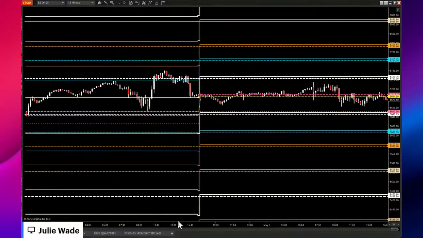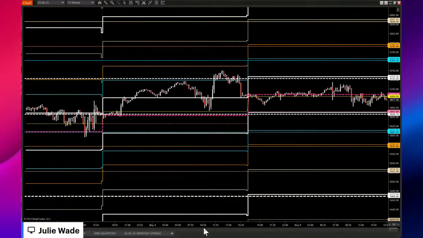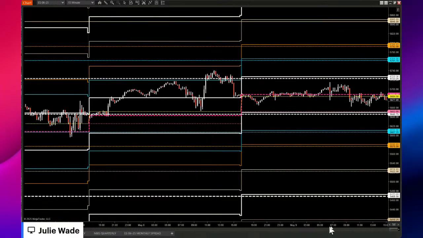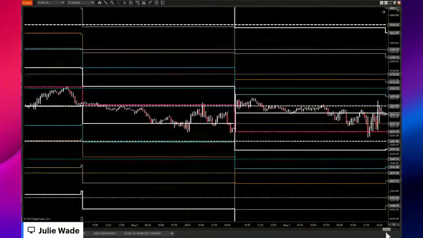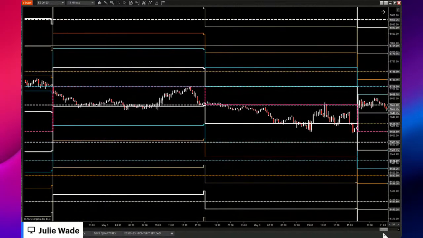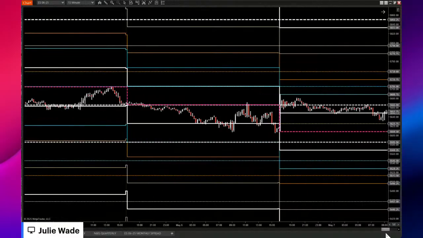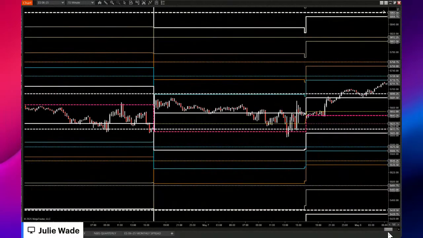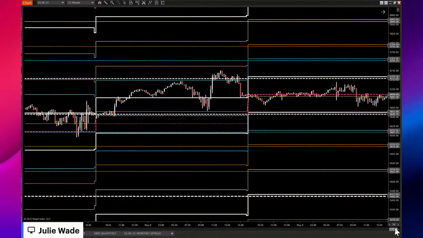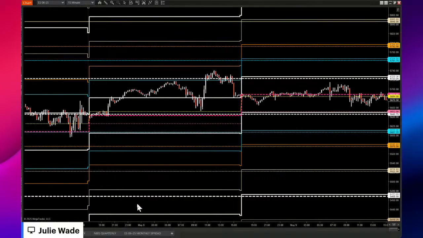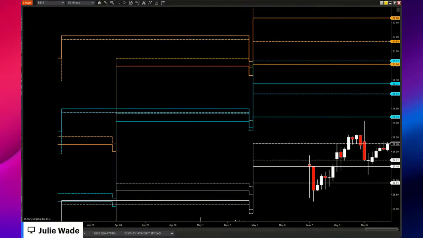So here's the daily. You can see that we were just trading flat inside the daily range. Earlier in the week, we did basically the same. We've just basically stayed inside the daily range all week. Got a little bit above it yesterday, but they sent it right back down. And the weekly,